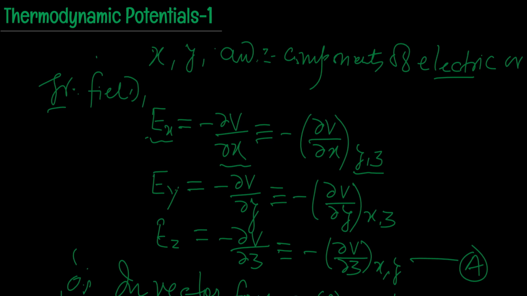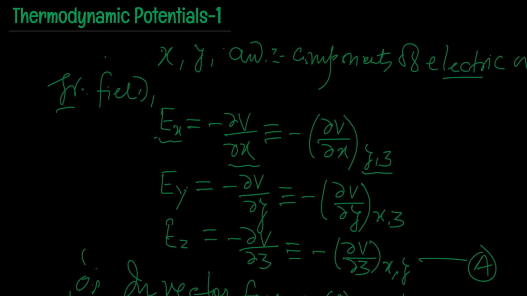For example, we consider either electric field or gravitational field in terms of gravitational potential or electric potential. Definitely you have encountered equations for the x, y, z components of electric or gravitational field, which is given as